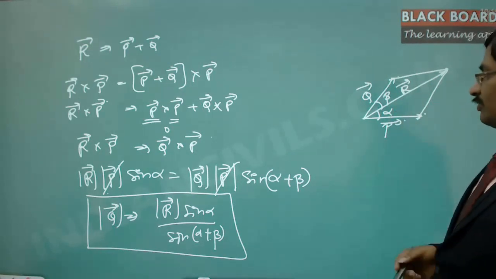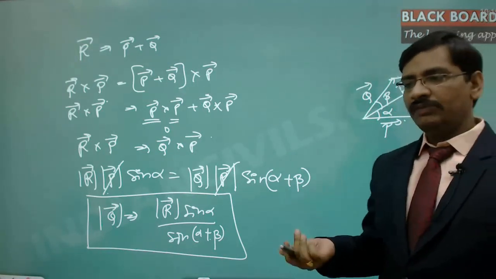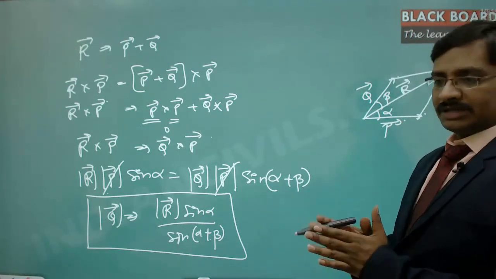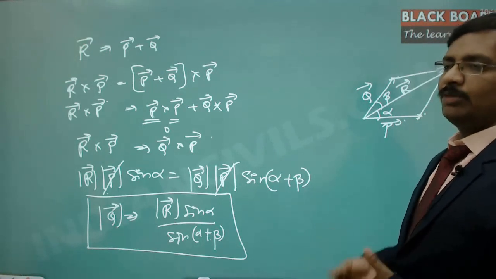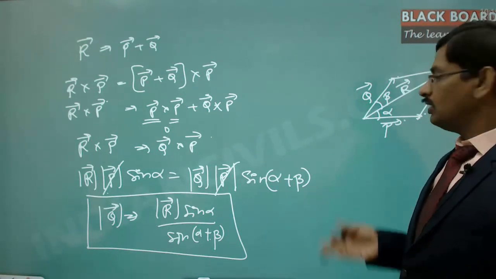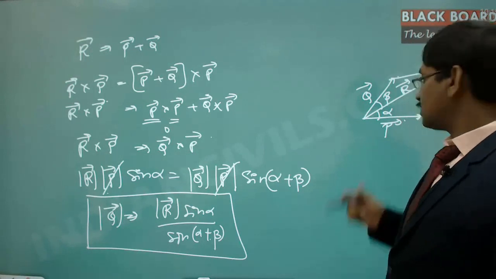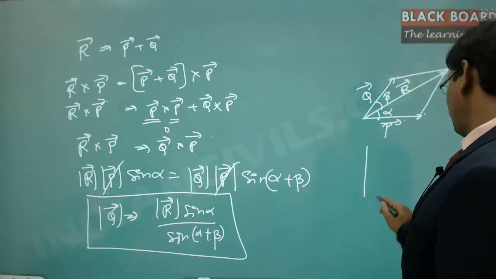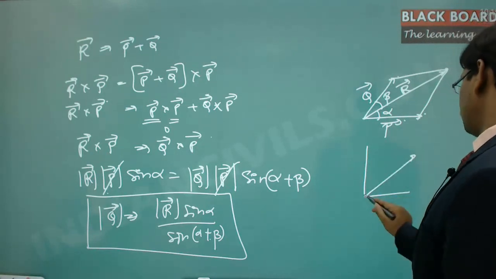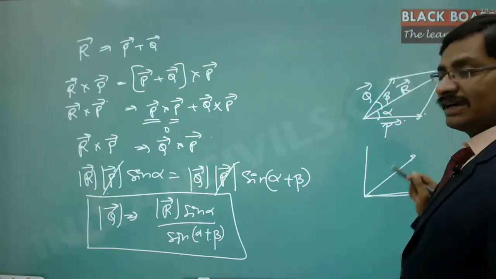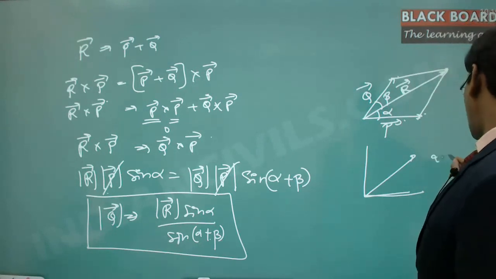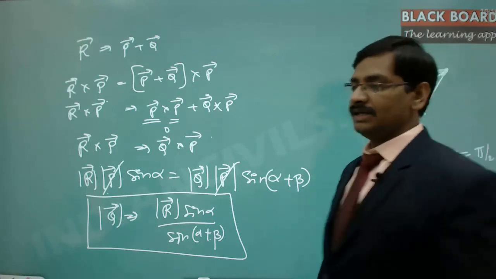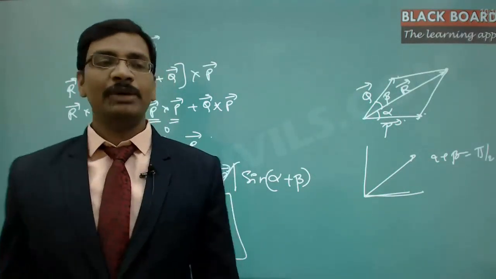Why it is known information: you want to divide into the components of R which are separated at an angle. If you know that separation, then you will be able to divide into that part, whatever the separation may be. Suppose alpha plus beta is equal to 90 degrees, then that is what we call dividing the vectors into the perpendicular components. This is dividing the vectors into the perpendicular components where alpha plus beta is equal to 90 degrees.